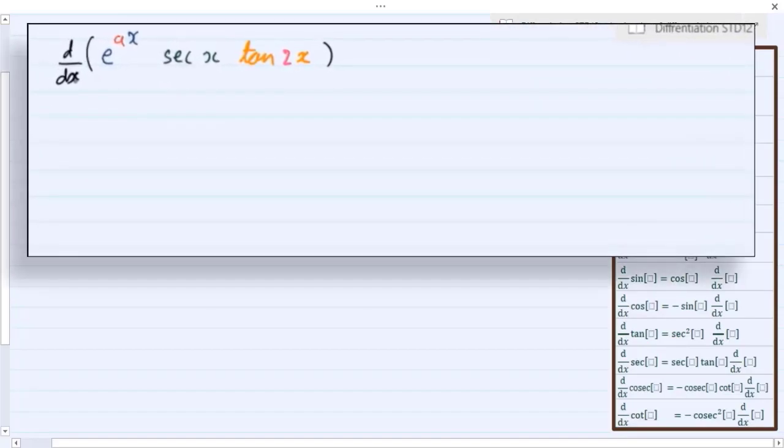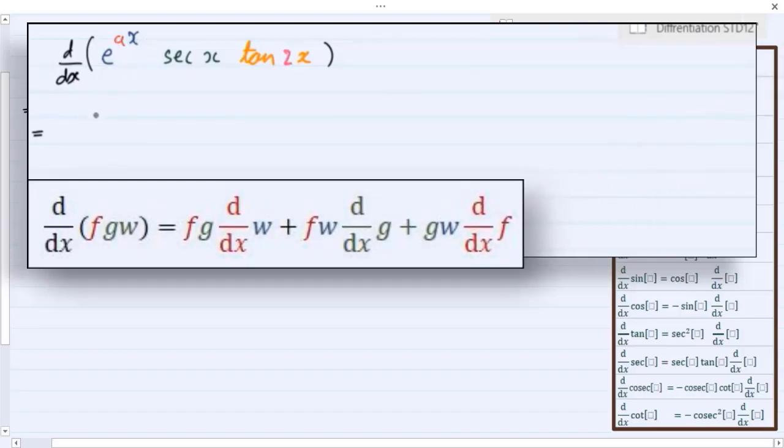In this question, we have to find differentiation of e^(ax) sec x tan 2x. We have three different functions in multiplication. So let's apply the multiplication rule. We will differentiate each function one by one and the rest of the two terms will be as they are. So in the first term, e^(ax) sec x will be as it is. Just differentiate tan 2x,